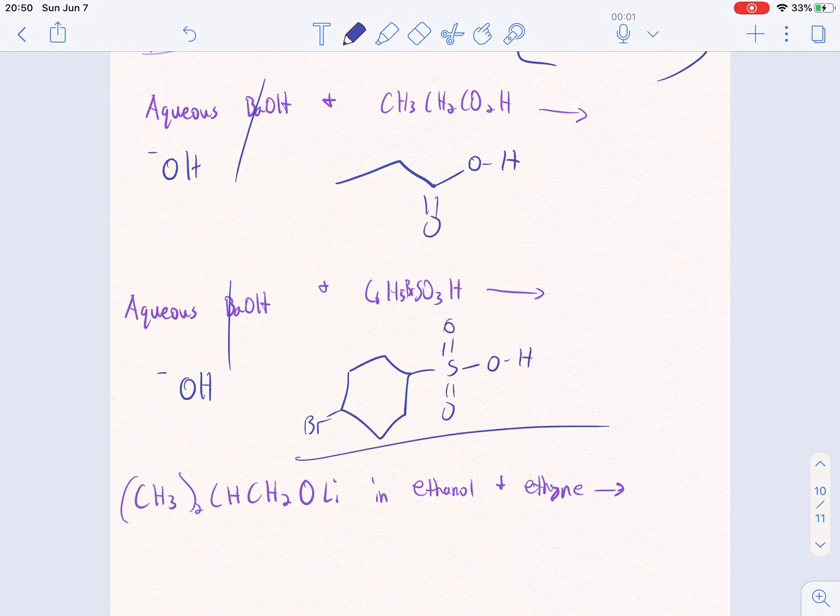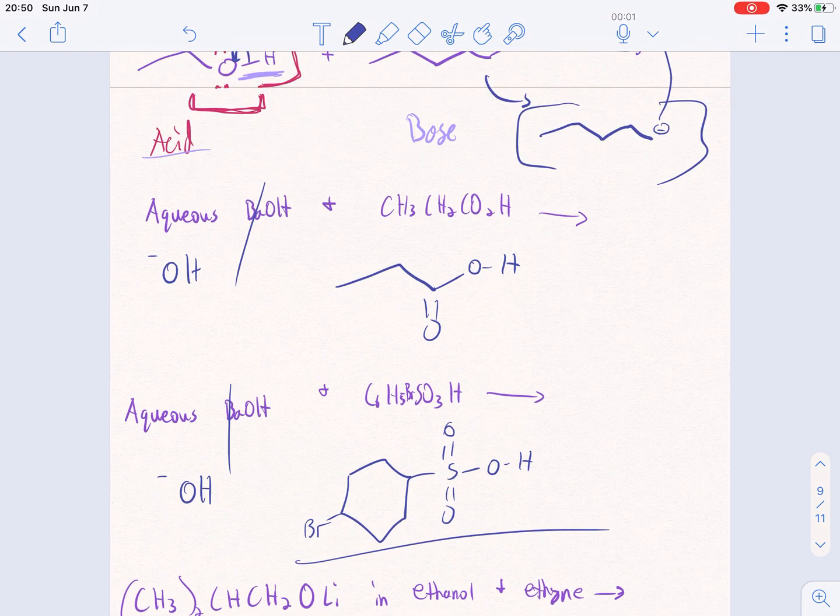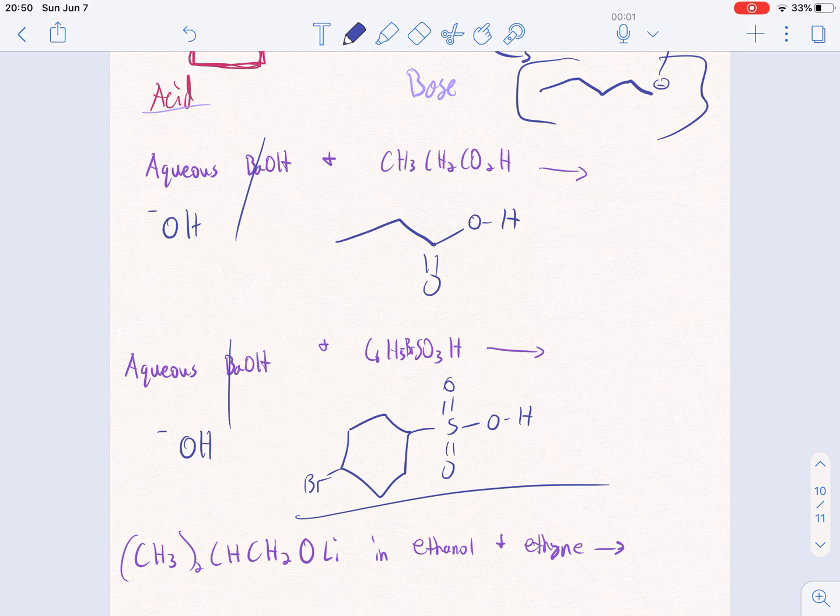Okay, this looks scary, but it'll be okay. Hold on, my pen is going out of power. Okay, so this aqueous barium hydroxide, the barium removes itself in solution, so now we have the OH minus as our base because it has a negative charge. That's safe to assume, given this problem. And this carboxylic acid is going to be our acid,